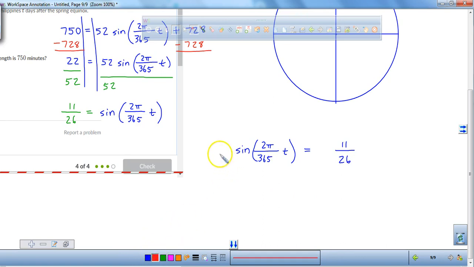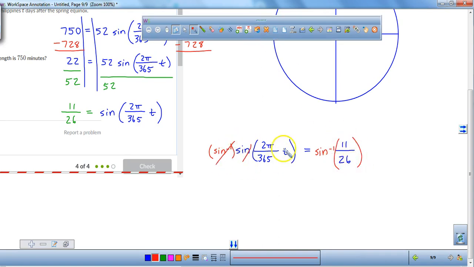So this is where we need to take the inverse. The sine on this side, take the inverse sine over here. So all we have left now is 2 times pi over 365 times t equals the inverse